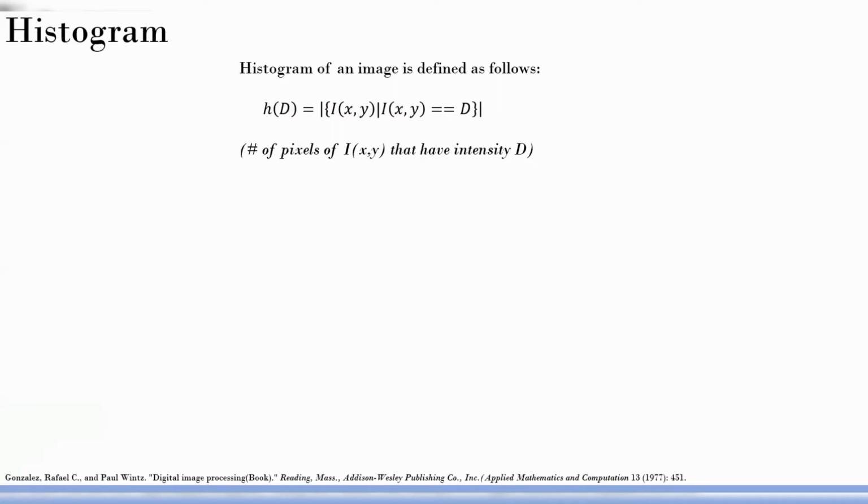So finally what you will have is a curve, something like this. The x-axis is your intensity D. So it can go from 0, 1, 2, and so on up to 255. So totally 256 levels, assuming it is an 8-bit unsigned image, right? So x-axis is this D, and now for the y-axis,